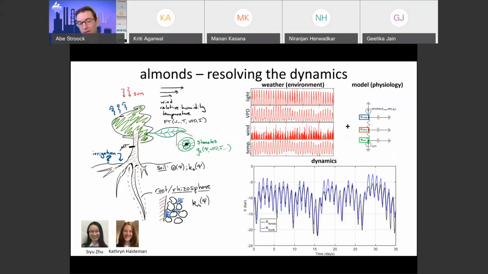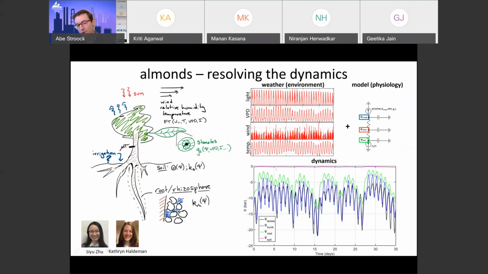So it turns out to capture the full dynamics, we need to actually put in more than one resistor and capacitor. We need to put in the most complicated physics, which is in the soil and in the soil interface with the plant. And we can start to do quite well mechanistically, fitting the behavior both on a daily basis and through the cycles of irrigation. Where we win is that we get predictions of things that we cannot see.